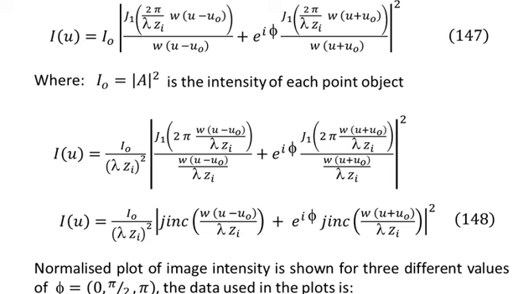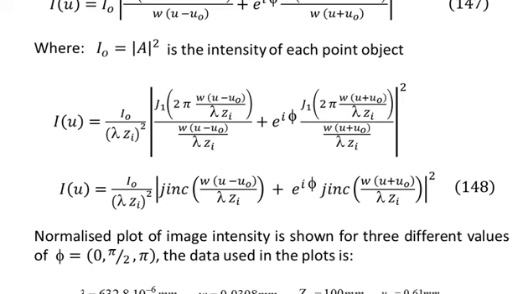So you see that we can divide it by some quantity. As you have shown, we have divided the numerator and the denominator by lambda zi, and in order to compensate for that, we have divided I naught outside the absolute square term by lambda zi square, because we have introduced lambda zi within the parenthesis in the absolute square term. This is what we have done because we want to write the J1 as a Jinc function. So the final result is in equation number 148, we have the image intensity as a function of u